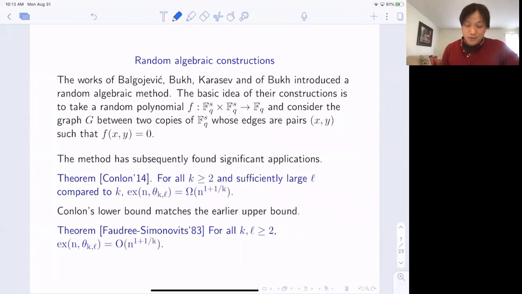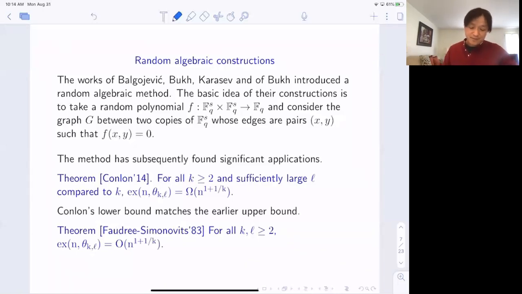So this is the so-called random algebraic method that they introduced. In their work, the basic idea is not to construct the graph just using a random graph, but rather take a random polynomial and then define a bipartite graph correspondingly. And then they apply some tools from algebraic geometry. I won't get into details, but this method turns out to be very promising, and it was subsequently found